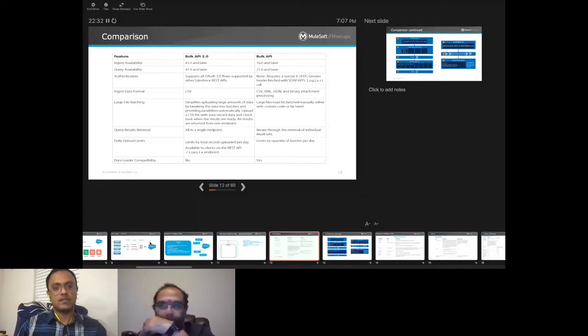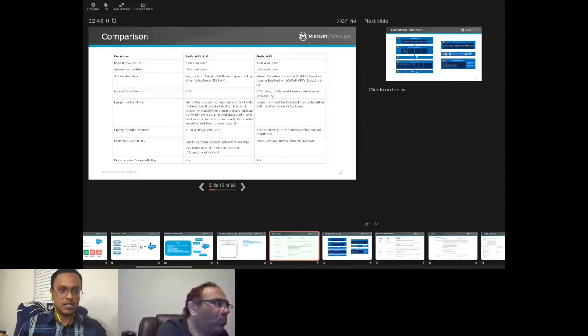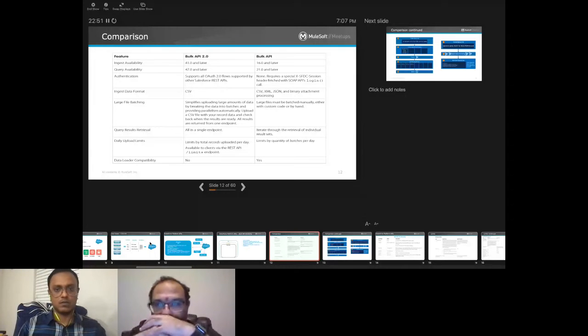These APIs keep evolving and adding new features to their feature list. The ingest availability is basically insert, upsert, delete capabilities. Those came in from 41, whereas in Bulk API they have been there since 16. Bulk API is basically what we call version 1, and Bulk API 2.0 is what you call version 2. Right, and you'll see the same thing when you go into the Anypoint